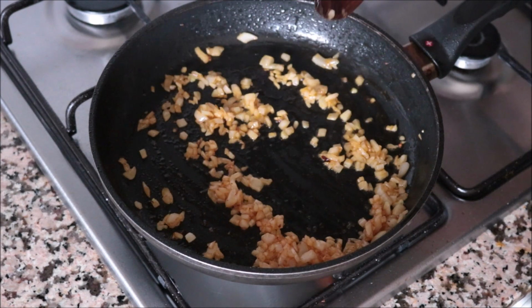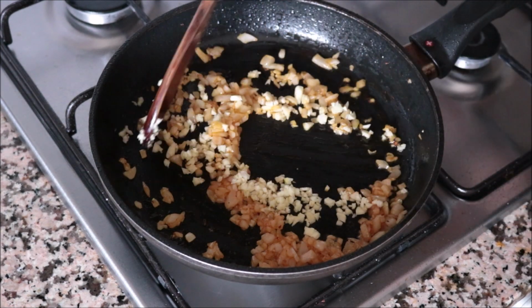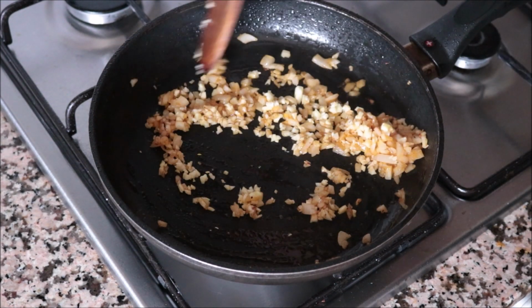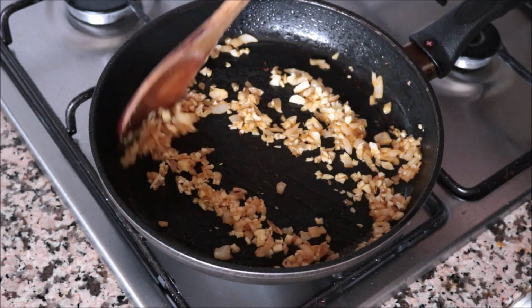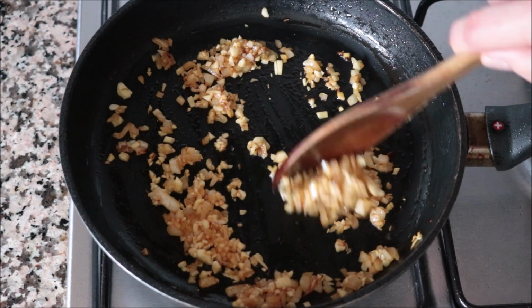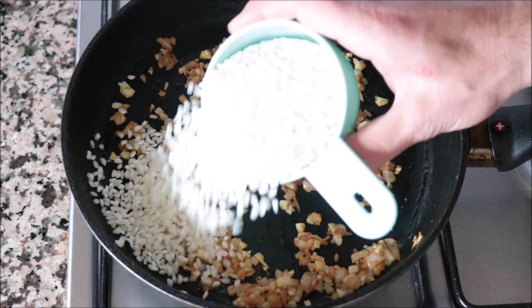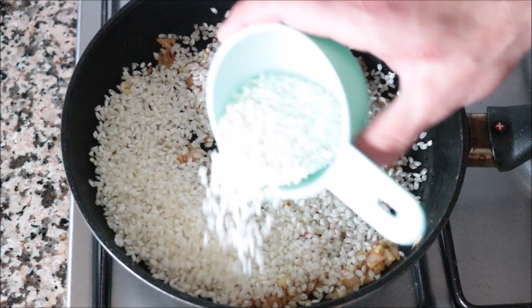1 minute after adding the diced onion into the pan, I'm going to add in our 4 cloves of garlic that went finely minced and continue to mix these 2 ingredients together. About 30 seconds after adding the garlic into the pan, you don't want to overcook it, you want it to be nice and aromatic. I'm going to add in 1 cup of round rice,